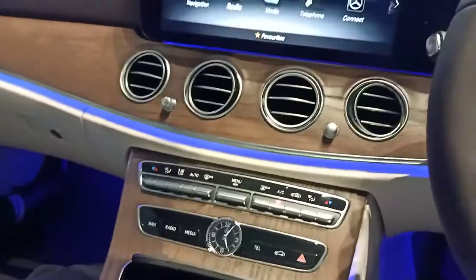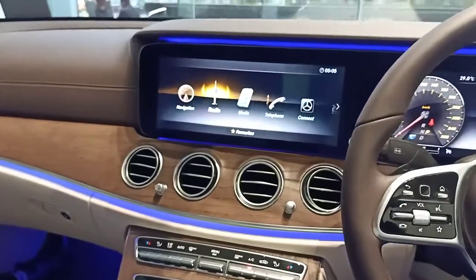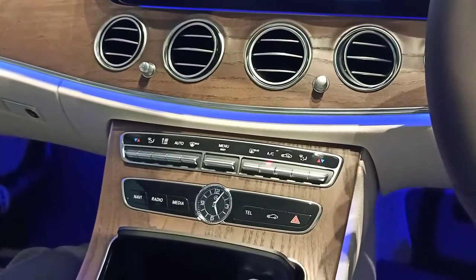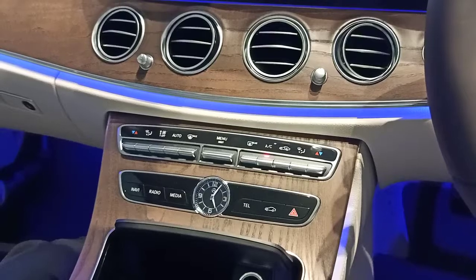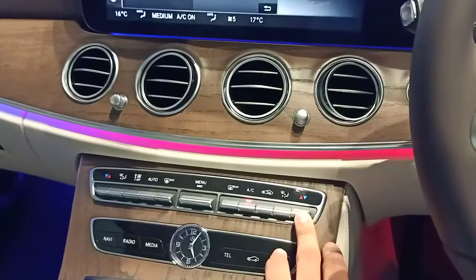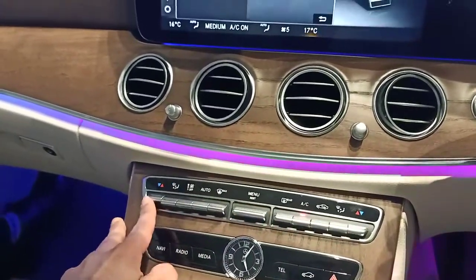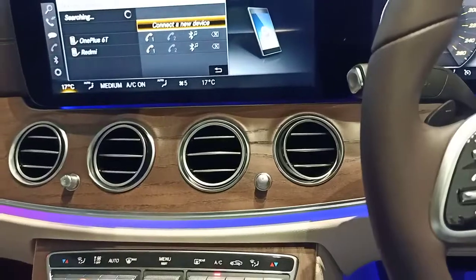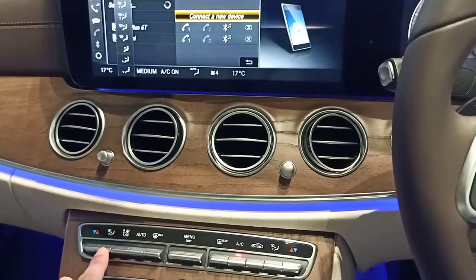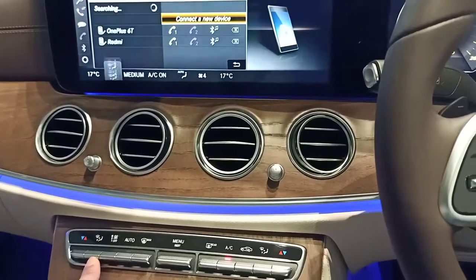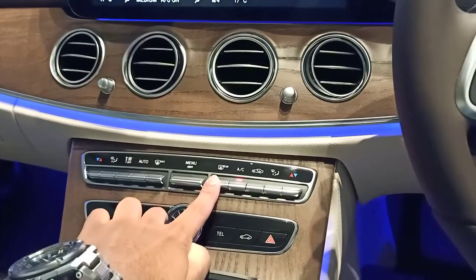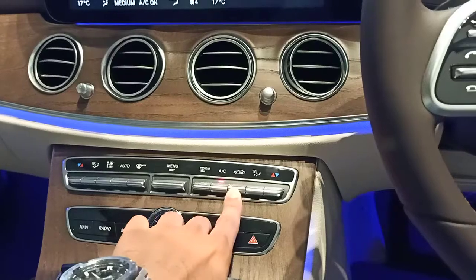Now we can come to the central display, wherein we've got the air conditioning at first. So this car comes with a 3-zone climate control, 2 zones in the front and 1 zone at the rear. So we've got a driver temperature zone, we've got a passenger temperature zone, and then we've got the airflow, and we've got the direction of flow, which can be changed. So you can keep it straight, down, whatever is preferable. And then we've got a front defogger and a rear defogger, and this button is for internal circulation.